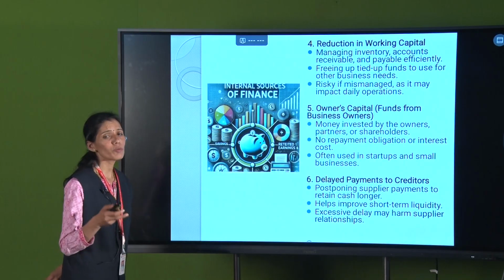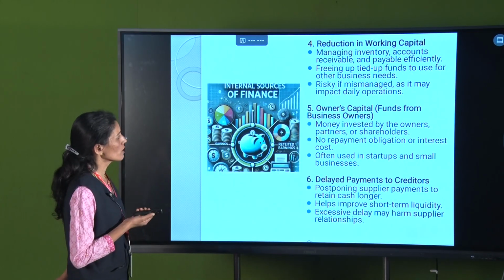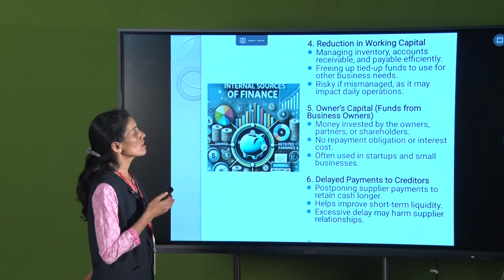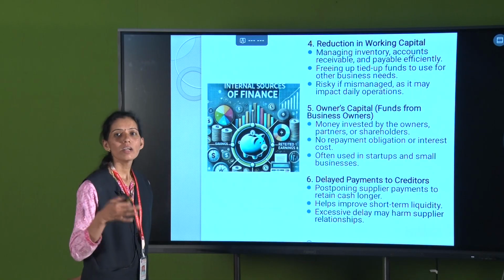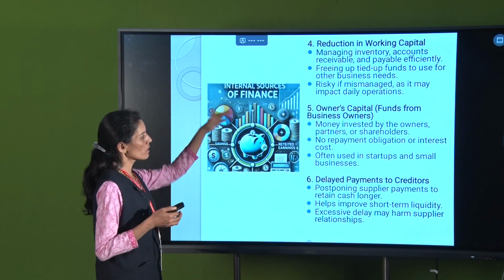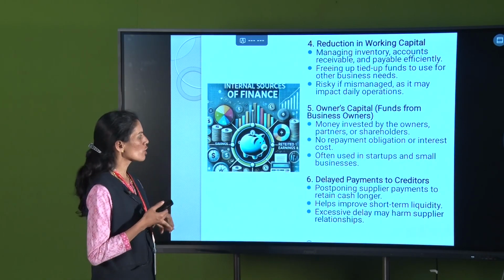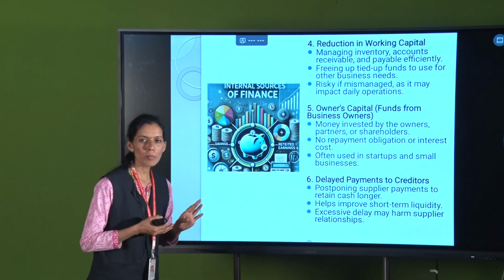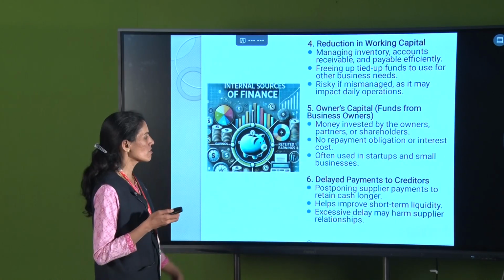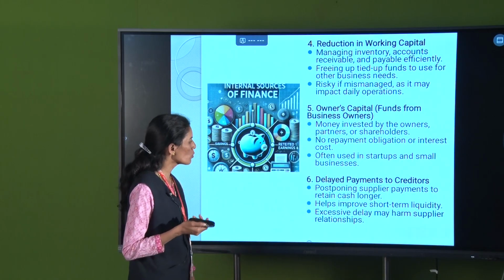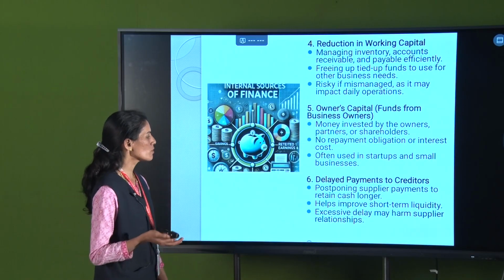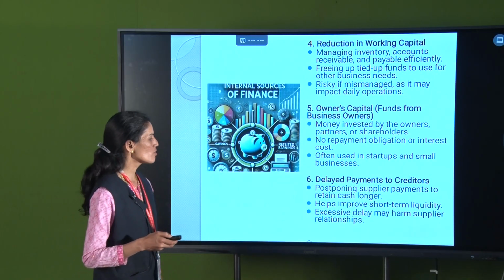Managing inventory, accounts receivable and payable efficiently, we can reduce the working capital, freeing up tied-up funds to use for other business needs. It is risky if mismanaged, as it may impact daily operations. Fifth, owner capital, funds from the business owner. All that money is invested only by the owner, the shareholders and the partners. No repayment obligation or interest is there. Often used in startups and small businesses, meaning SMEs. Sixth one is delaying payment to creditors. Postponing supplier payments to retain cash longer helps improve short-term liquidity, but excessive delay may harm